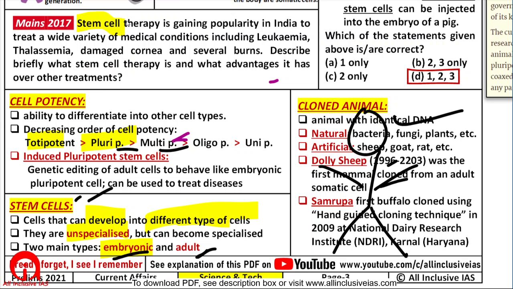Okay, so stem cell therapy is mainly that you preserve the initial cells of the baby, so that if in future life as an adult, it faces any severe disease, then you can use those saved initial cells and convert them into the specialized cells of your body. Okay, so that is the main concept about all these stem cell therapies and other things.